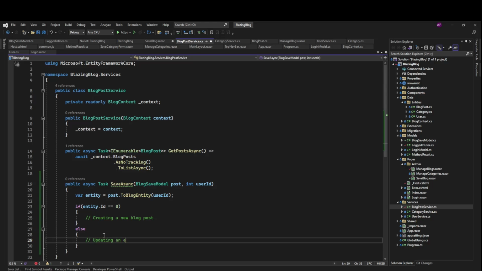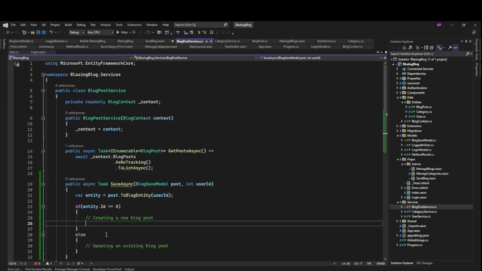Updating an existing blog post. Fine. So when we are creating a blog post, we will verify the slug, or we could say we need to slugify the slug. What if they have added some invalid characters? So for that, what we'll do, entity dot slug equals, we'll say